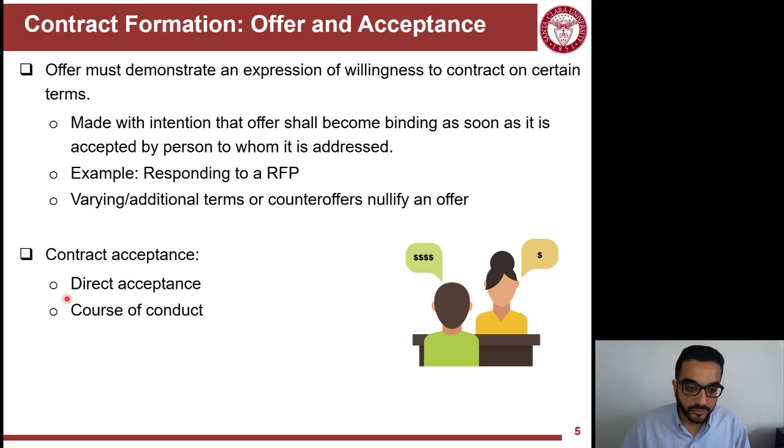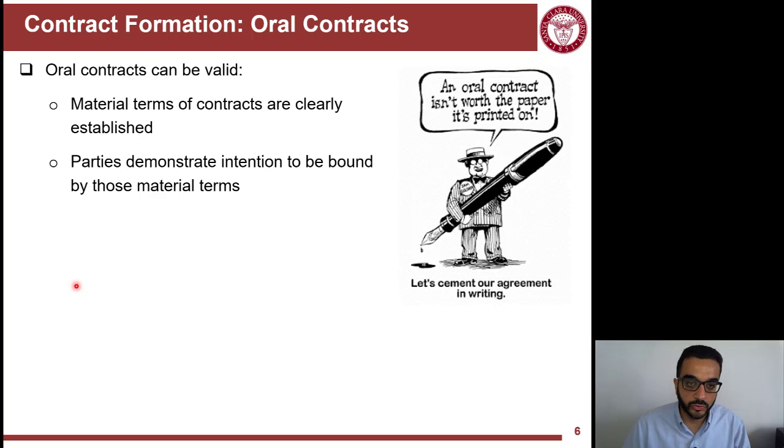When you accept an offer, it can be a direct acceptance, and you have to have that direct acceptance. But on the other side, when you provide a direct acceptance, you cannot say I was joking, right? I was making a joke, I accepted that based on a joke. If you're following a common course of conduct, you say I accepted in a setting that's relaxed, not pressure on you, you cannot say I was joking. You said it, you committed, or you responded to email, you cannot say it is a joke because it's following the course of conduct.